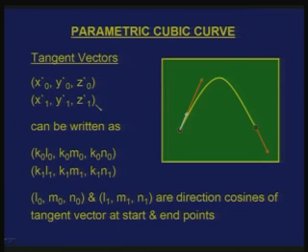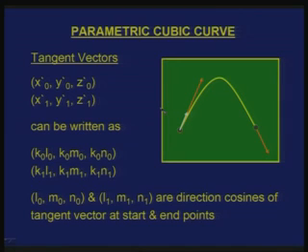Now, coming back to tangent vectors, let us try to understand what we mean by a tangent vector in a little more detail. We said that in geometric form, apart from the starting and end point, I also provide the derivative values at the starting and end points. Now, somebody can say that a tangent can also be represented by direction cosines, is it not?